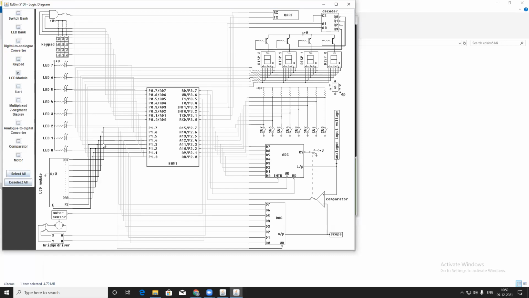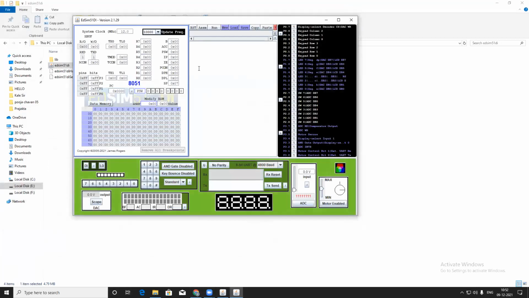All the programs are present. If you go to EDSIM, all the hardware programs are present. You have to search EDSIM in Google, and you can see all the hardware programs there. Okay. First, we will discuss the simple program in this, and then we'll go to the harder programs. So how to run? I just want to show this.